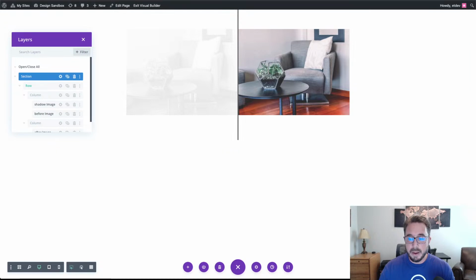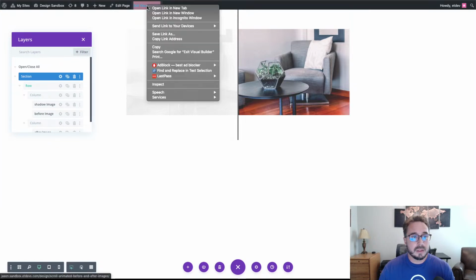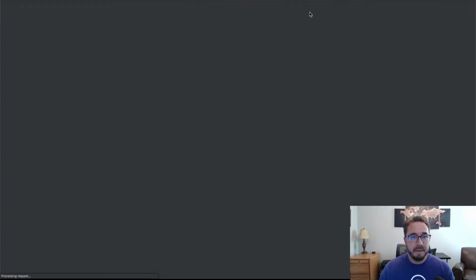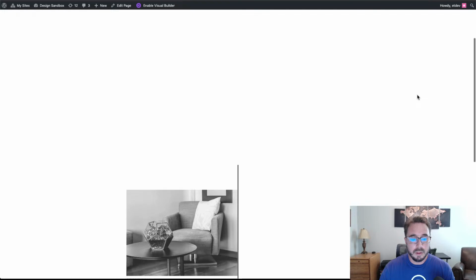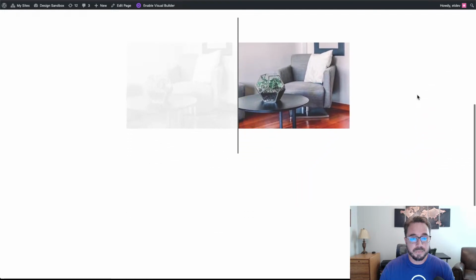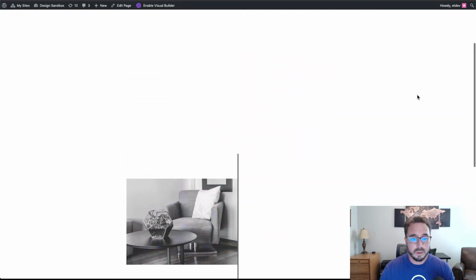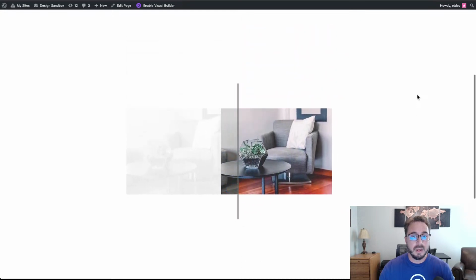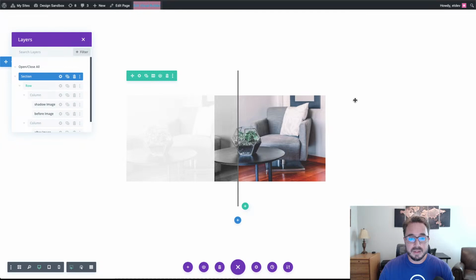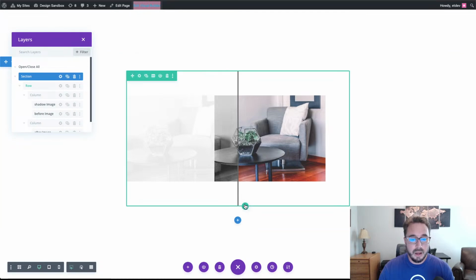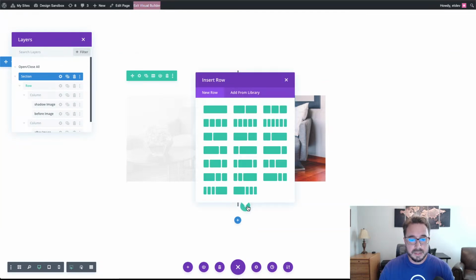Let me save it out and open it up in a live page. See, there you go. Pretty cool. Everything's working fine. And if you wanted to create your before and after text, you could do that as well. Just remember, for example,